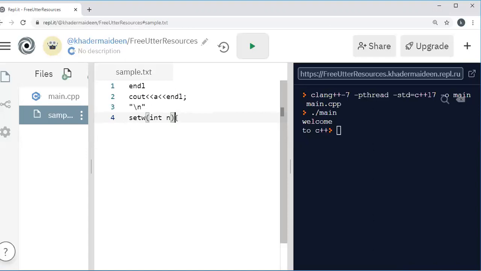Suppose that if we give setw 10, then the width of the variable is 10. Suppose you give a equal to 123. Therefore, it takes the value 123 whose width is 10.